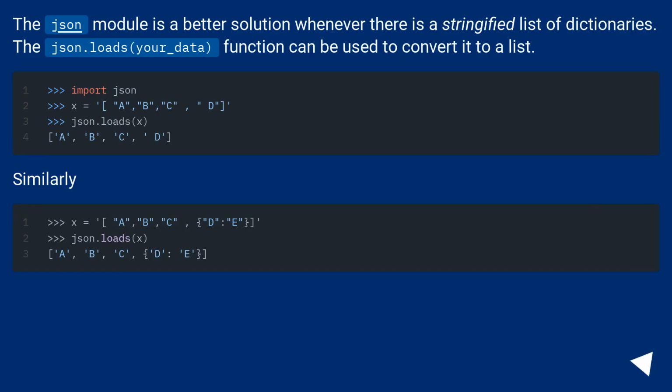The JSON module is a better solution whenever there is a stringified list of dictionaries. The json.loads function can be used to convert it to a list. Similarly,